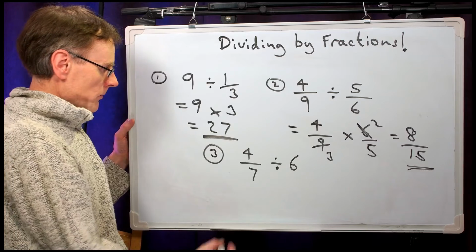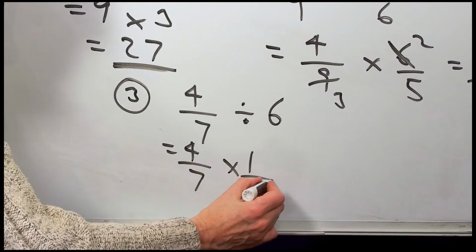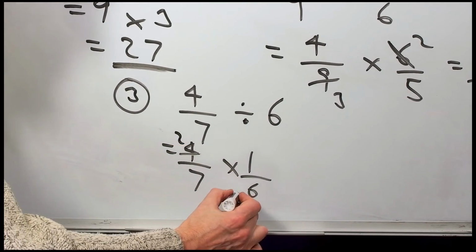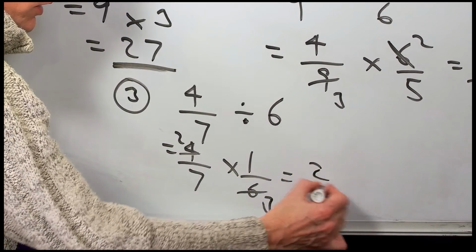And number 3, that's the same as 4/7 times 1/6. Cancel it down. 2 into 4 goes twice, 2 into 6 goes 3 times, 2 times 1 is 2, over